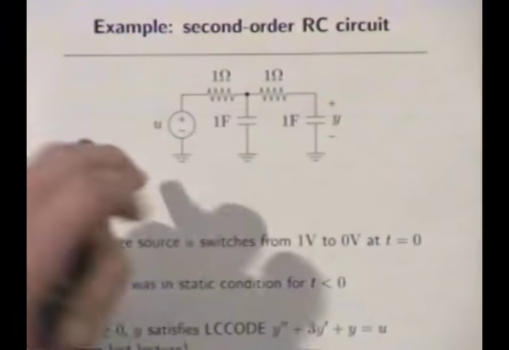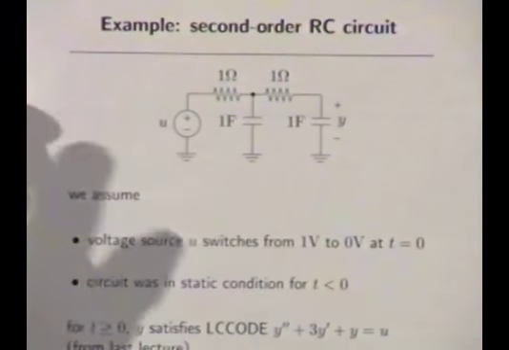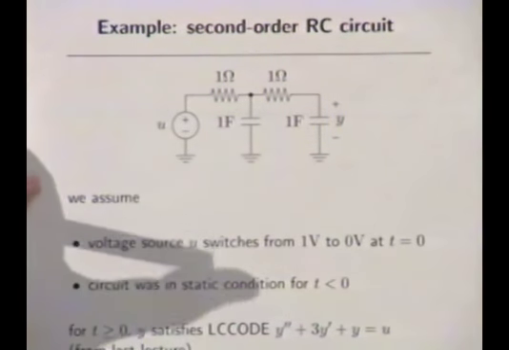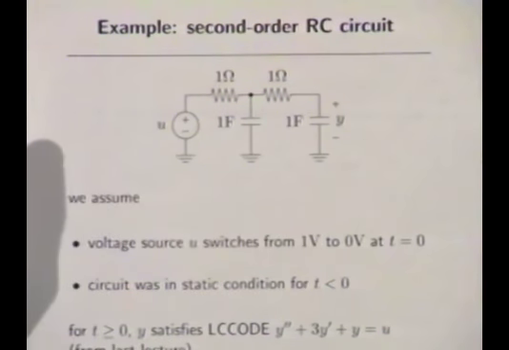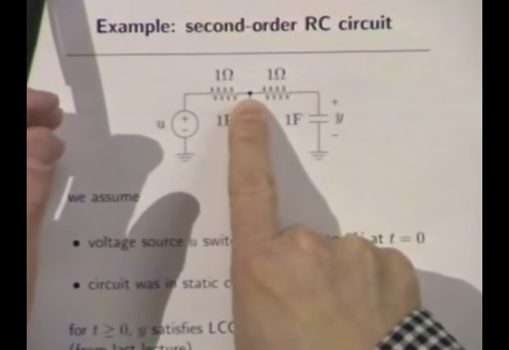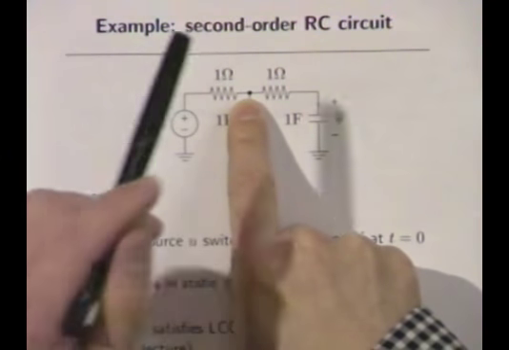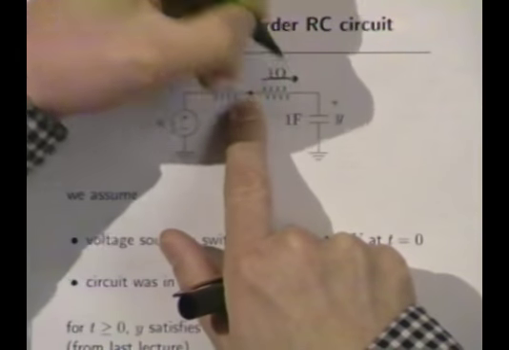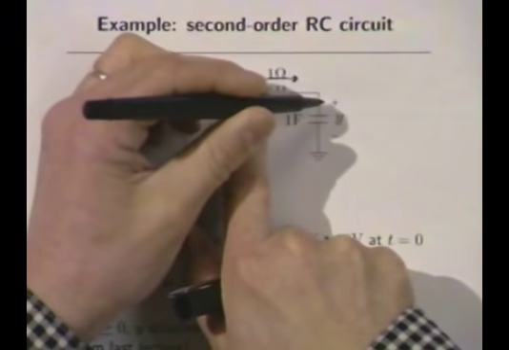And what is the rate of change of the voltage there if you have a 1 farad capacitor with an amp flowing into it? It's a volt per second, C dV dt equals I. 1 volt per second. So the voltage here, which is 0, initially starts climbing at a volt per second. Now the minute this thing gets above 0, current starts trickling off here, which causes the voltage here to rise,